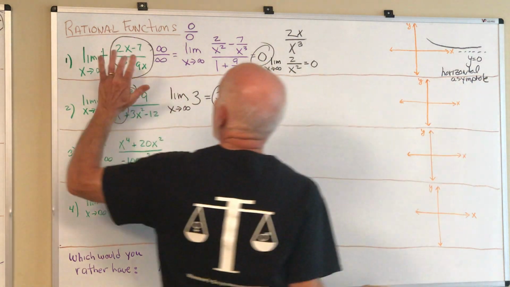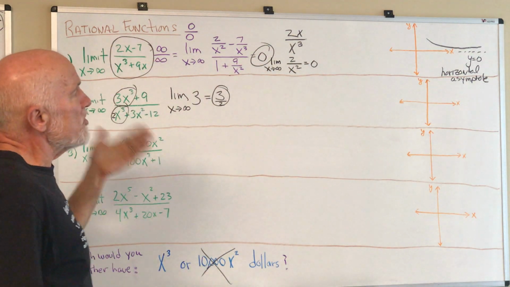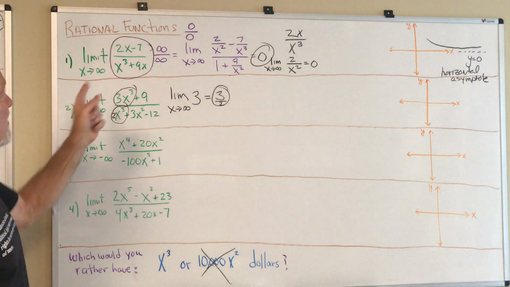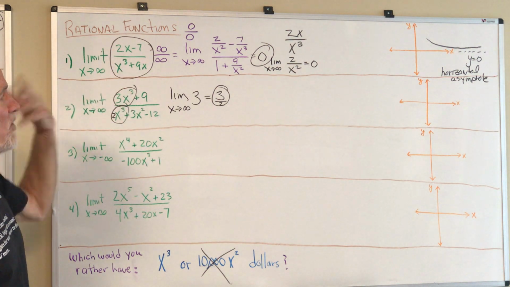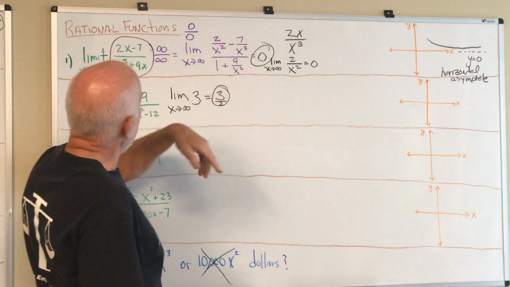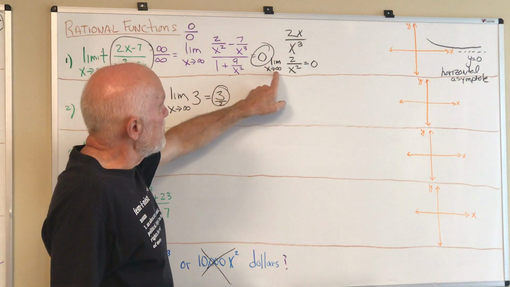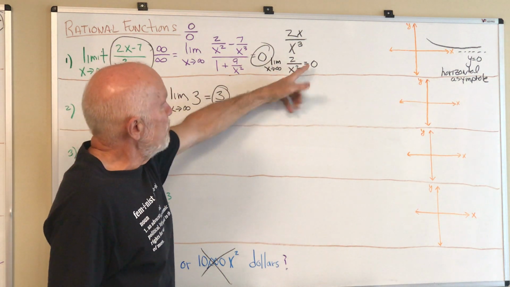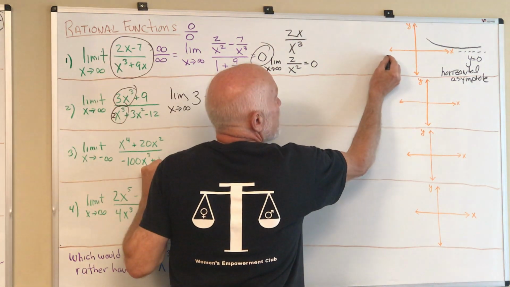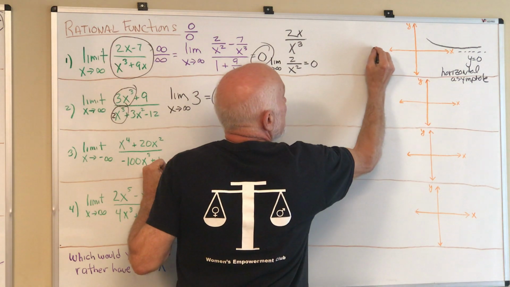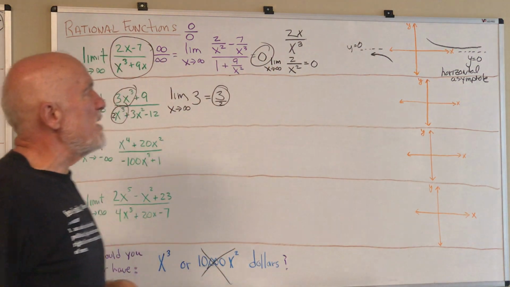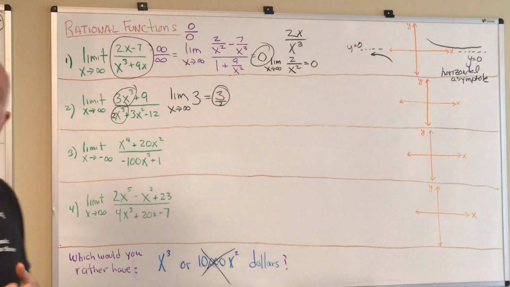This function right here has a horizontal asymptote, y equals 0, because that's basically what this function becomes as x gets really large. And I think you can see it doesn't really matter if x was approaching negative infinity, this would still go to 0. So I'm not trying to graph this perfectly, but I know that y equals 0 is going to be a horizontal asymptote at both ends of the graph. We're learning something about